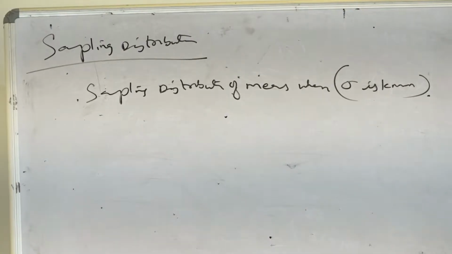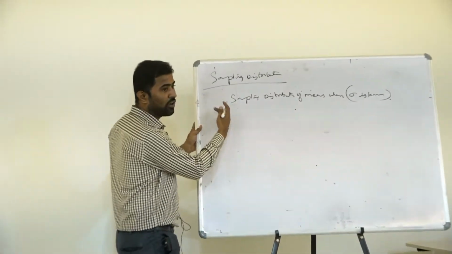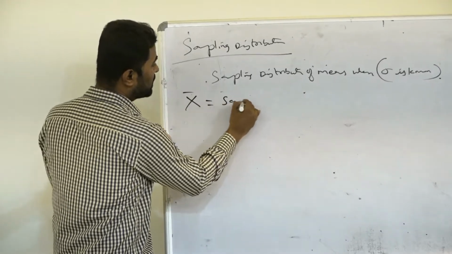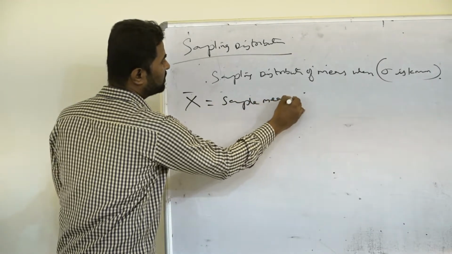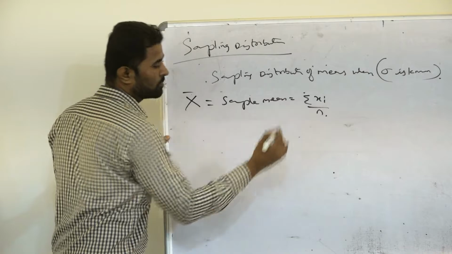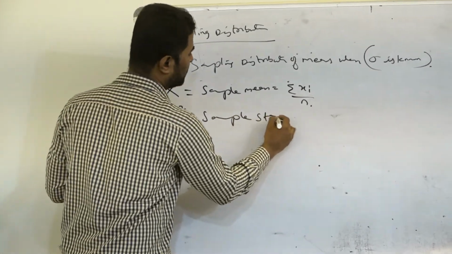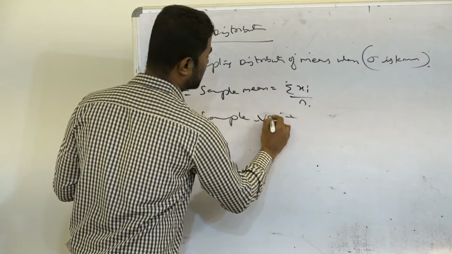In this, I think we can expect central limit theorem problems mostly. Central limit theorem, which is similar to normal distribution problems. So better first write all the formulas which you can get in that. X bar is sample mean, S square is sample variance,